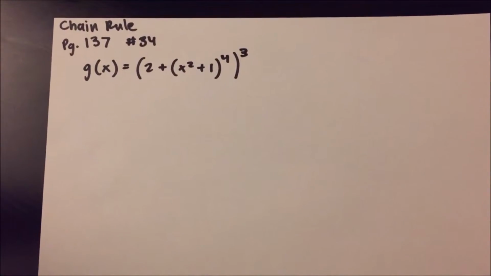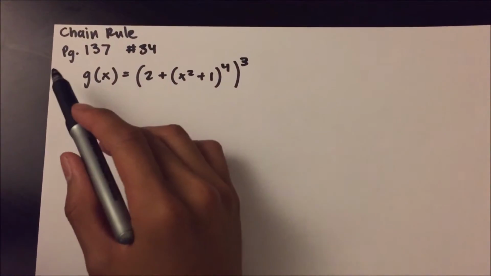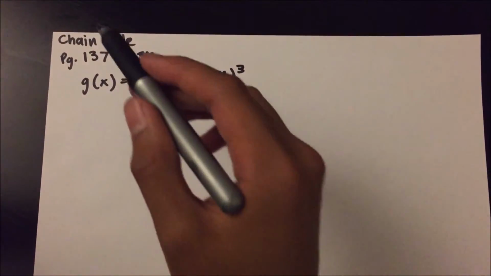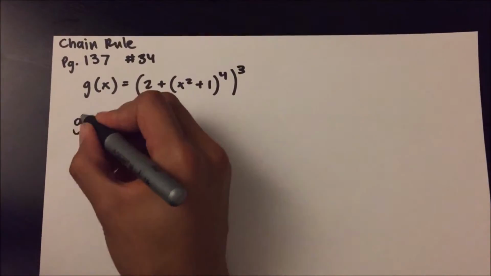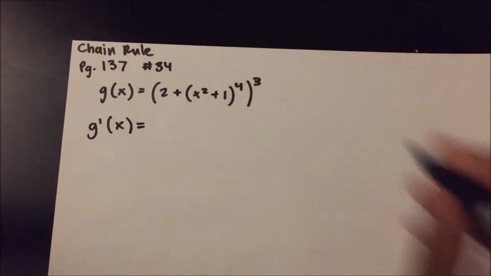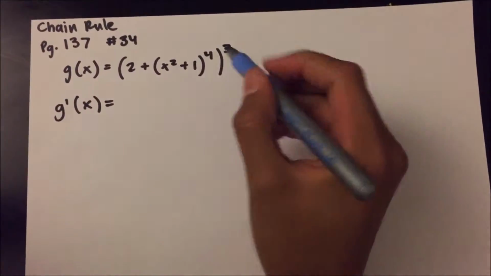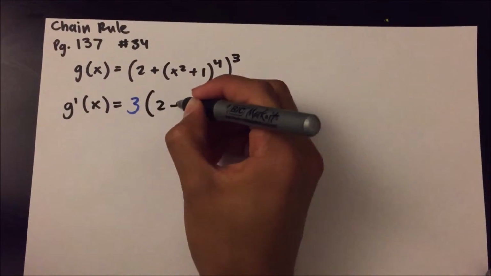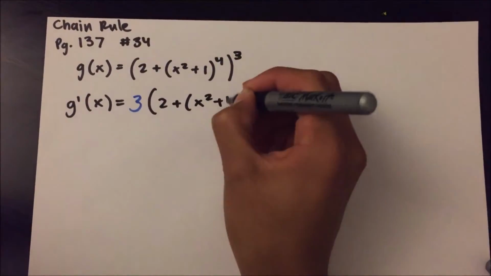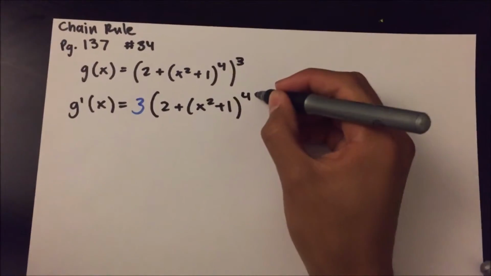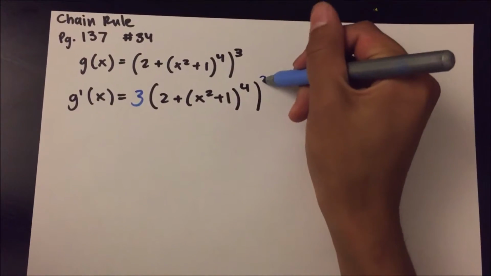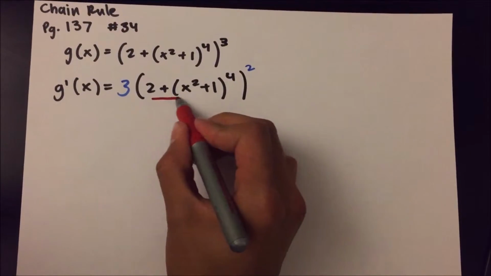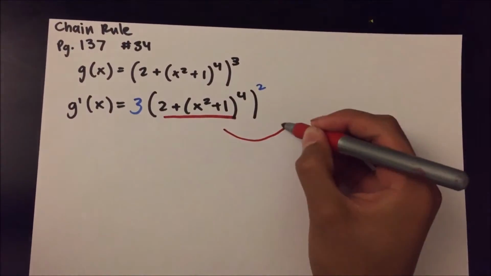Okay, so reviewing what we did in the video, we got page 137, number 34, and we're trying to find the derivative of g of x by applying chain rule. So we write g prime of x is equal to, we bring down the 3, so we write it right here, making this 2. And what chain rule basically is you get the derivative of the inner function and you write it out as,